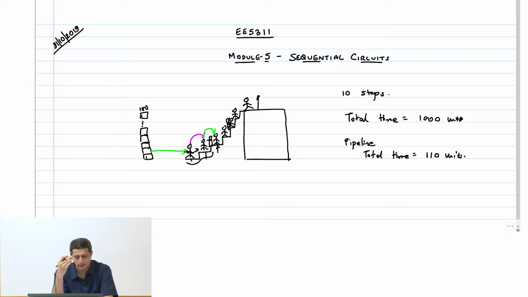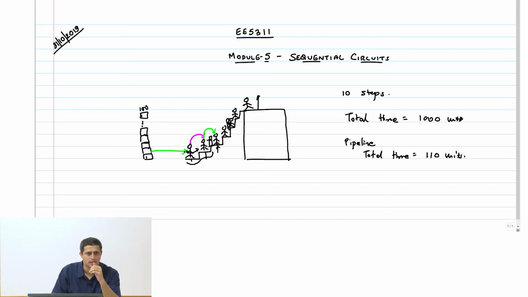So clearly, if now I introduce an element like this, a sequential element or a pedestal in between, I'm going to increase my area because I need to put a pedestal there. I need space for that, real estate for that. Then there is also a delay which is involved in placing it on that pedestal carefully, right? So you go keep it, and it's not like you can just throw it and then leave it, right? You've got to come place it. So there is a time overhead involved in placing a pedestal like this or a sequential element. That time overhead is basically what is known as setup and hold time,